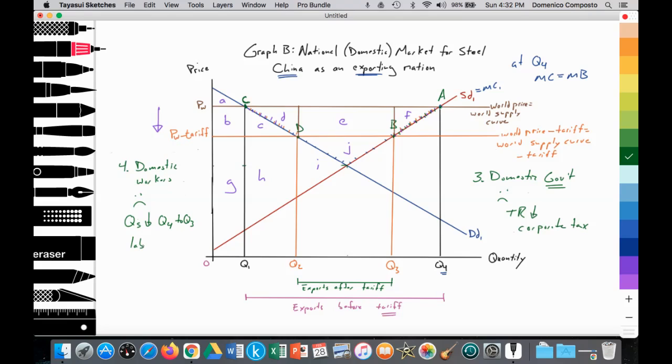So labor will be fired. All right, the excess resources will be fired. And so workers are worse off. Increased unemployment in the steel industry. And that would mean that the domestic government is worse off because they will have to provide more unemployment benefits. So the amount of unemployment benefits that they'll have to pay will go up.